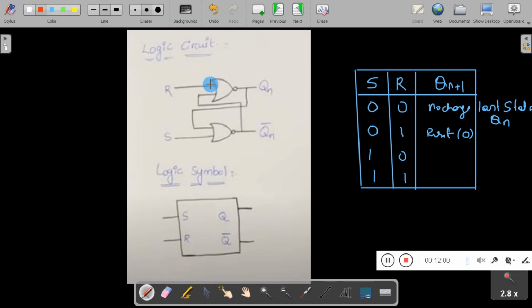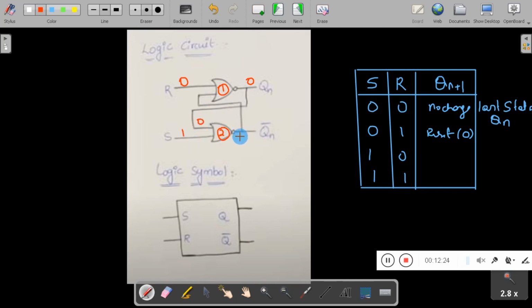Sorry, R is 0, S is 1. I will take S is 1 and R is 0. Now we will assume the last state is 0. This is the first NOR gate and second NOR gate. The output of the first NOR gate is fed back to the second NOR gate, that is 0.